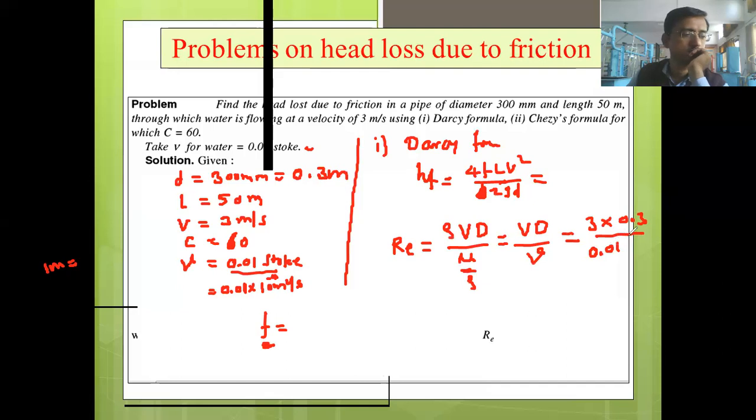0.01 into 10 to the power -4. Okay, and find out how much it will come. 0.03